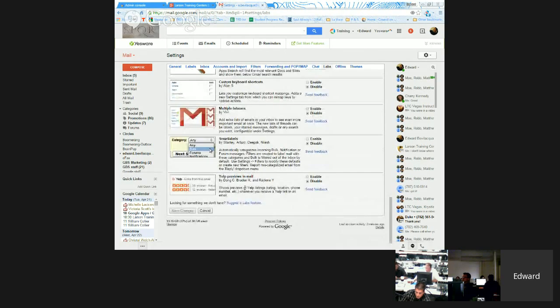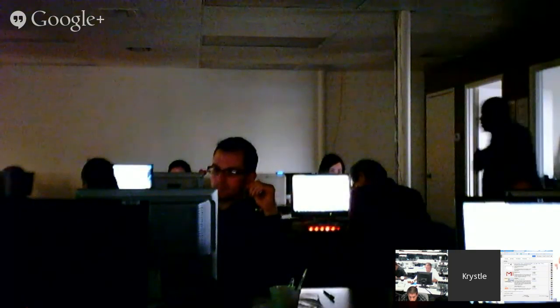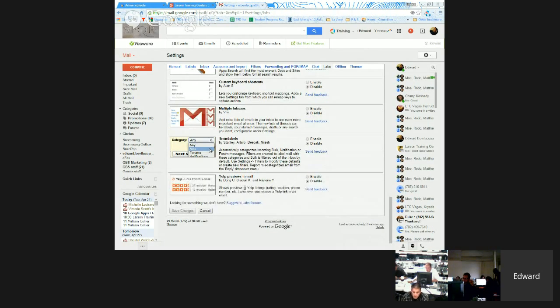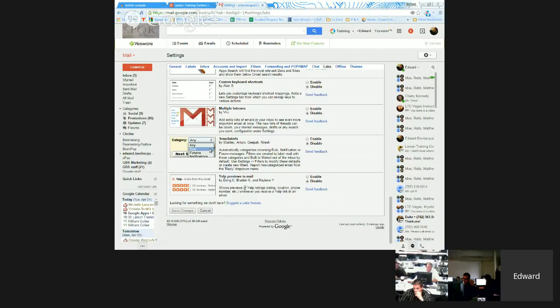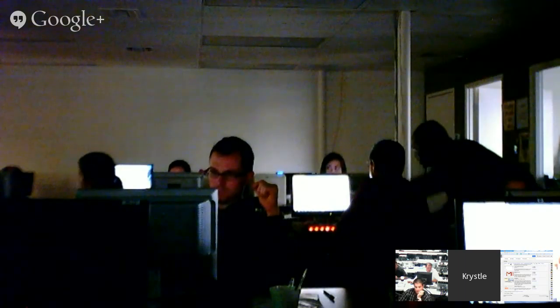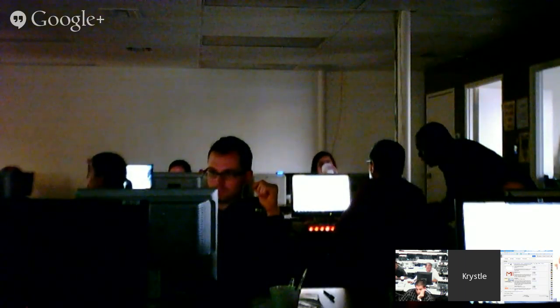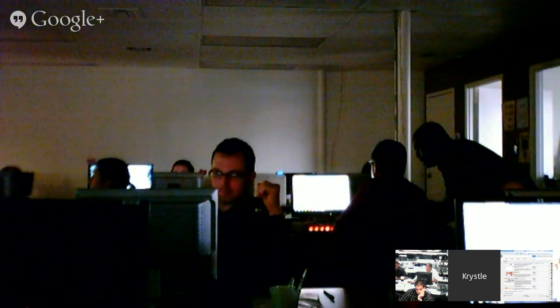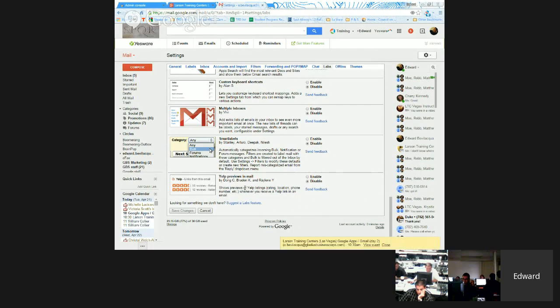When we're done, you need to save the changes. So at the very bottom, click on the save changes button. If you do not save, the changes are not saved. Okay, does anybody have any questions about